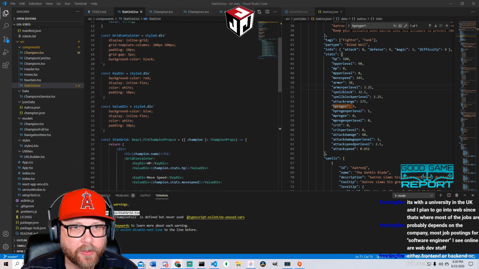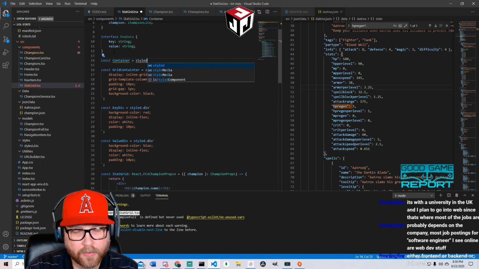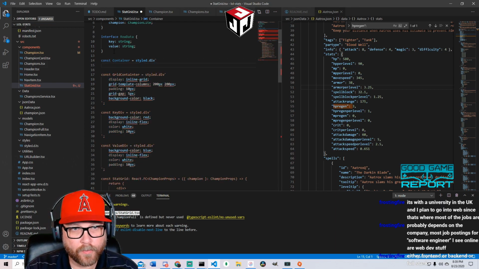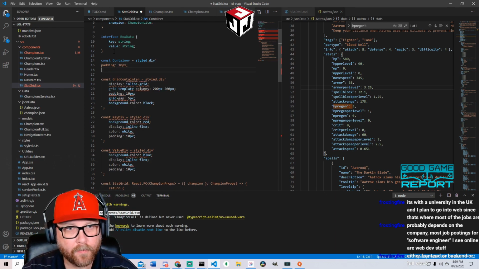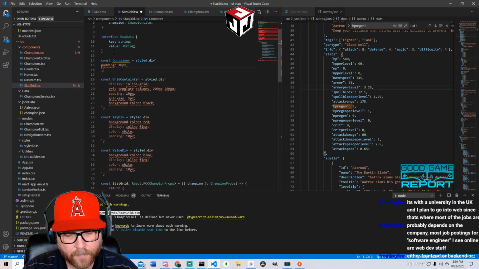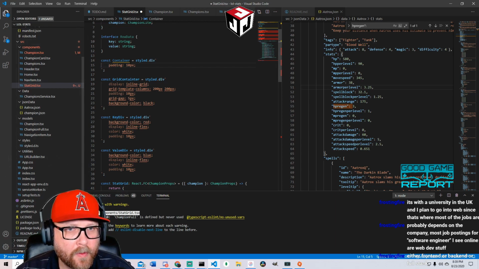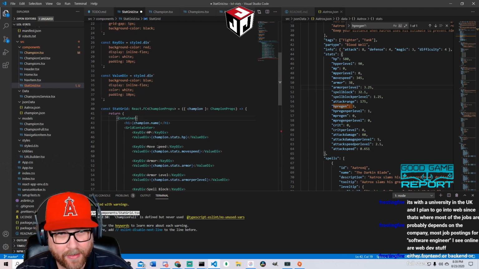And then here we're gonna create const container equals a div, with padding. Just to get it off that margin, man.